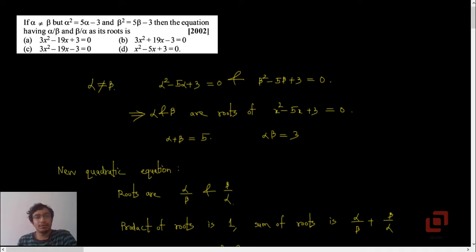The first thing that we do is we note that alpha is not equal to beta. Okay, that is given in the problem. But they are also giving us that alpha squared minus 5 alpha plus 3 is equal to 0, and at the same time beta squared minus 5 beta plus 3 is also equal to 0, which is based on these two equations. So we can conclude that because both these expressions are equal to 0, alpha and beta are